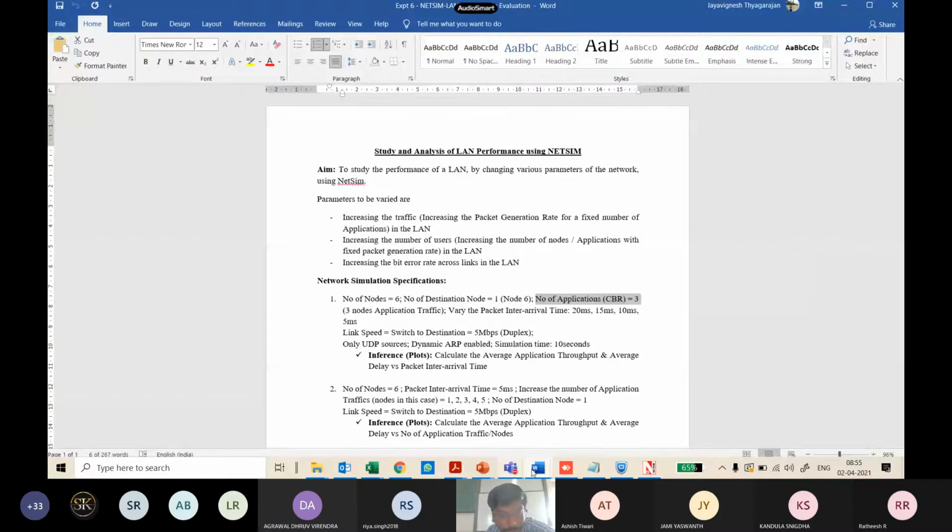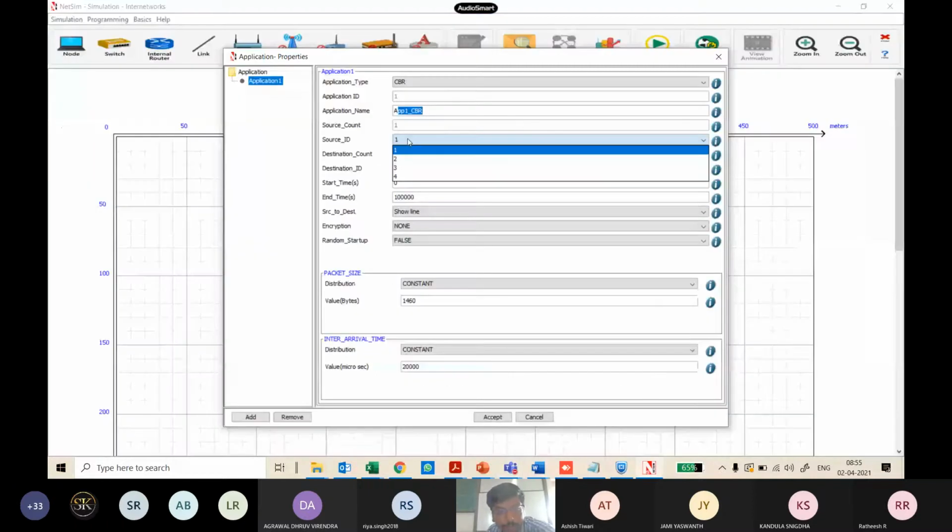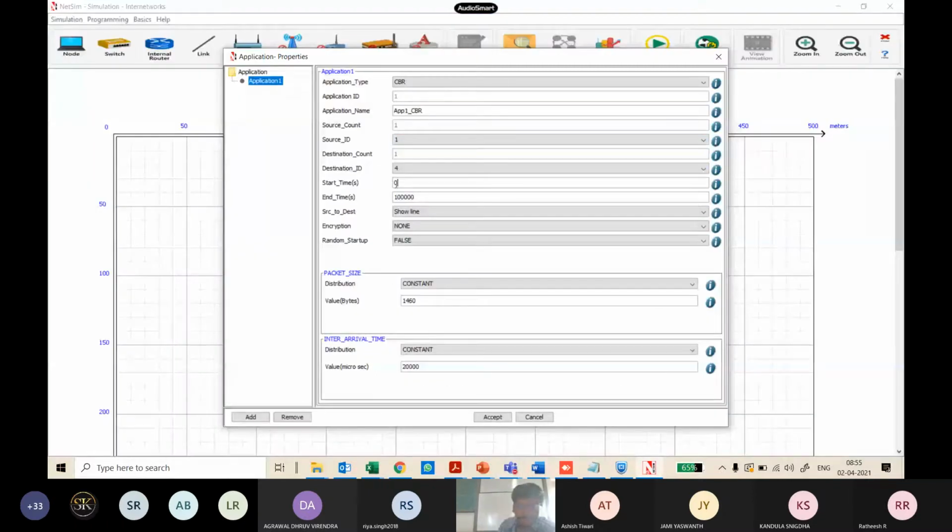So between 1 to 4, as soon as you start the simulation, it will start generating the traffic, and it will end only at this time. But don't change the end time here. I will tell you where to change this. So just keep it like that. What is important to us is these two things: one is your packet size, the other is your intra-arrival time.